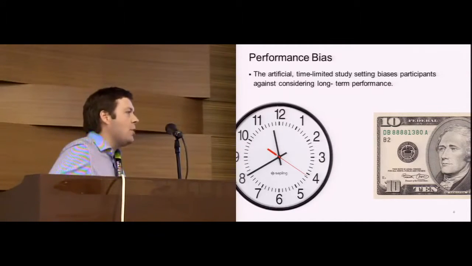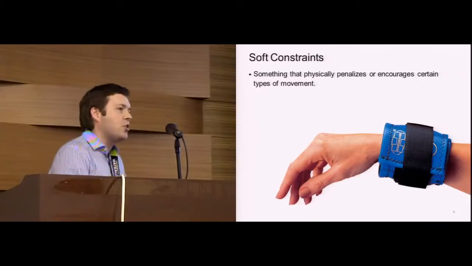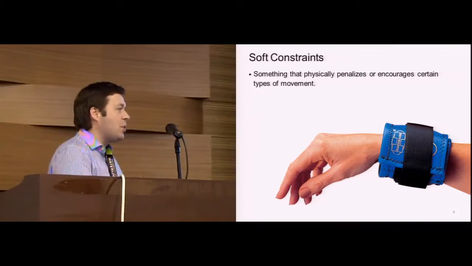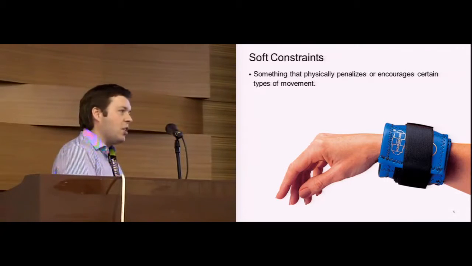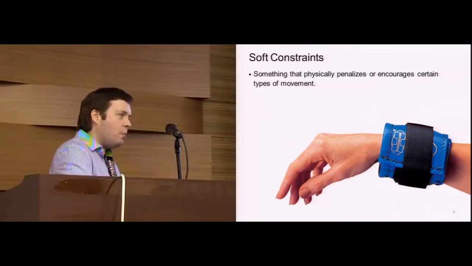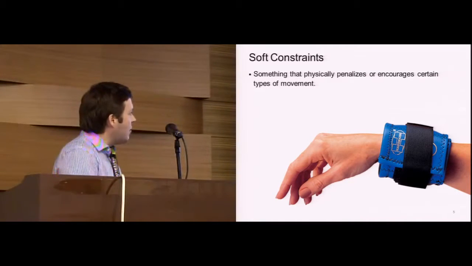In order to overcome those biases, they looked at the idea of soft constraints. The specific soft constraint they used in this study was the addition of arm weights to participants. The idea was that it would encourage participants to think about the scale of the gestures without preventing them from performing those gestures overall. You could still perform the gestures without too much problem if you really wanted to, but it would hopefully cue them in to thinking about whether it was a good choice of gesture if you were going to be performing it for longer periods of time.